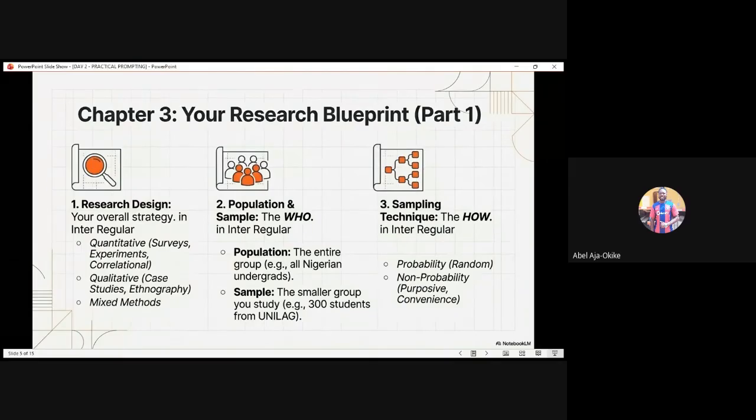as the case may be. Then in your sampling technique, you can have probability, you can have non-probability. Probability means just randomly approaching people, while non-probability means that you've already said that this is my target audience. Probability is like, I approach a parent, a lecturer, a stakeholder, a civil servant, and a student, while non-probability is I will decide that all my respondents are going to be students.